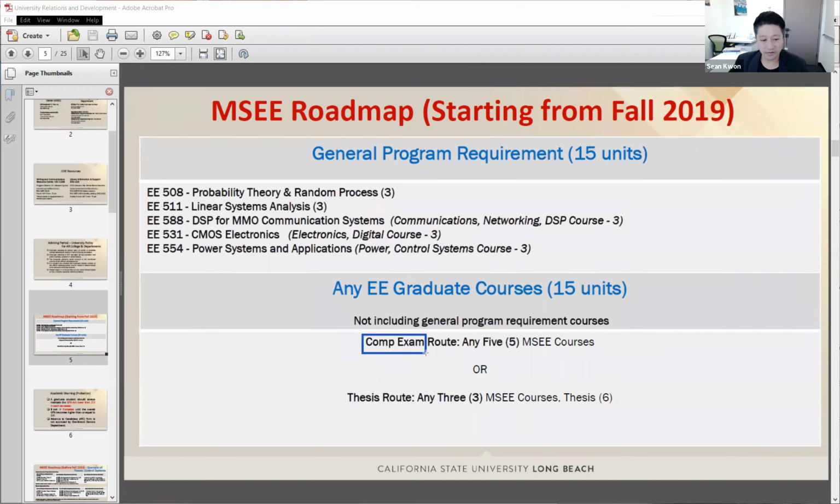So let me explain further about the comprehensive exam first. For the comprehensive exam, you will have 5 subjects. For the fair evaluation, the 5 classes must be these: EE 508, 511, 588, 531, and 554.